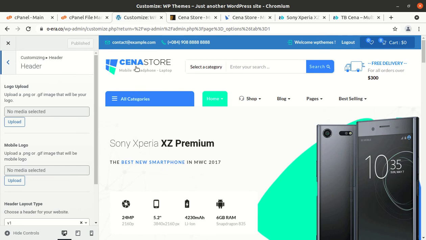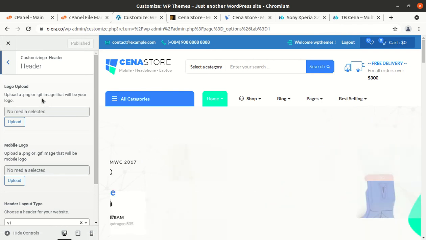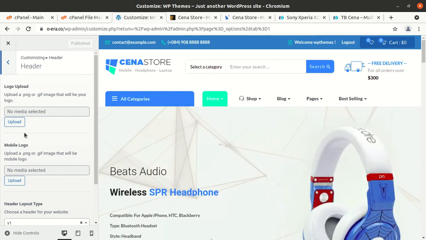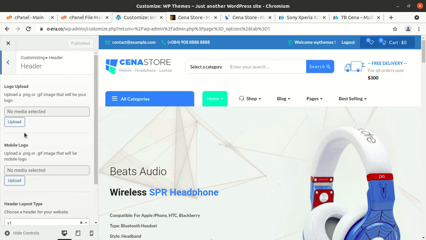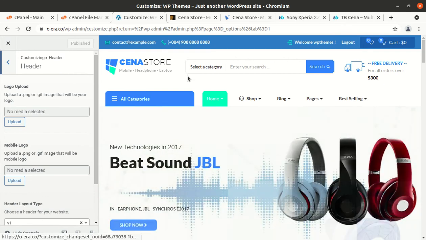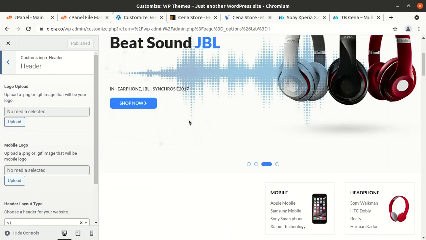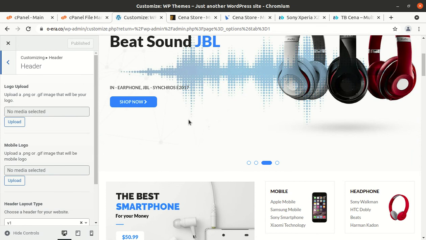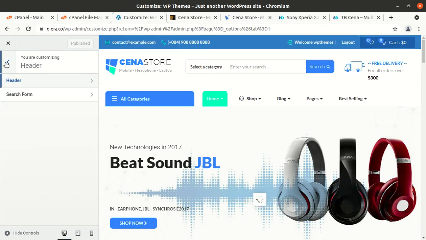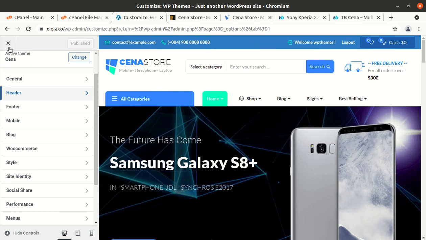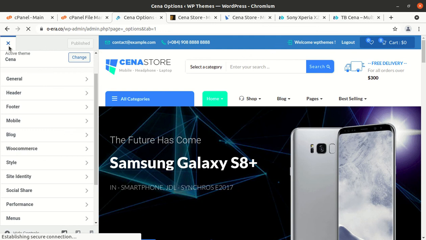If you are looking for where you can change the logo, it can be done from here. So under the header option you have to upload your logo, and just keep in mind the sizes of the images and the material which you are uploading for your website should be proper to maintain the integrity of the website.